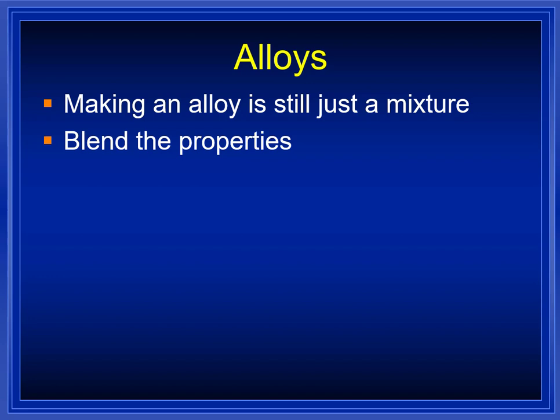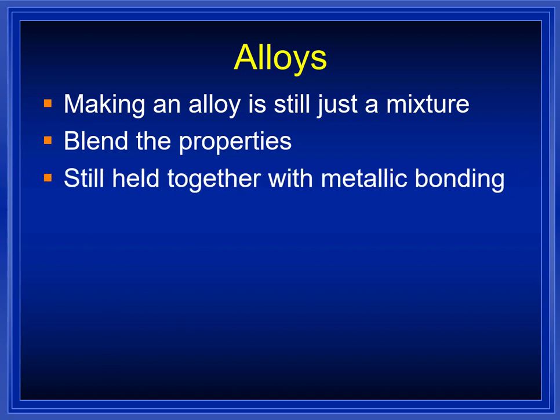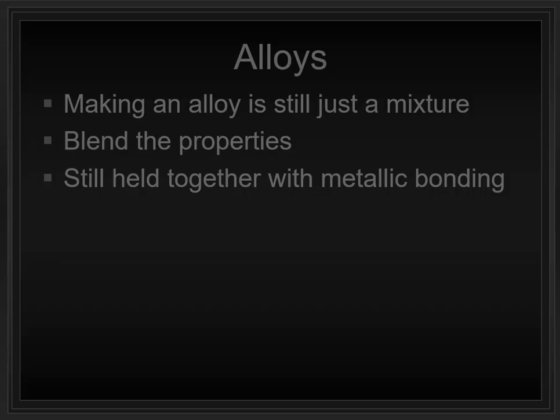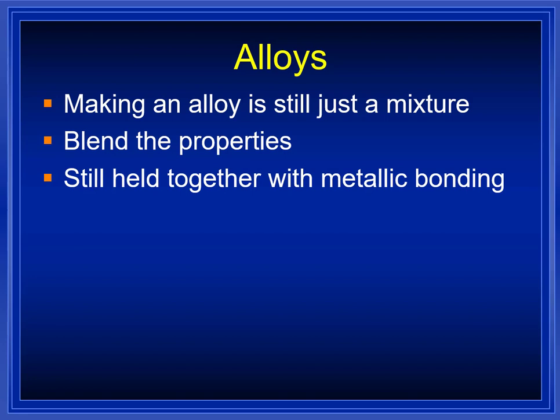Why can you mix them together so easily? Because they stick to each other the same way as they stick to themselves. It's just metallic bonding. Okay. So the metals sit next to each other, lose their valence electrons. Doesn't matter whose valence electrons are next to you. So gold sticks to copper just the same way gold sticks to gold. Those loose flowing valence electrons